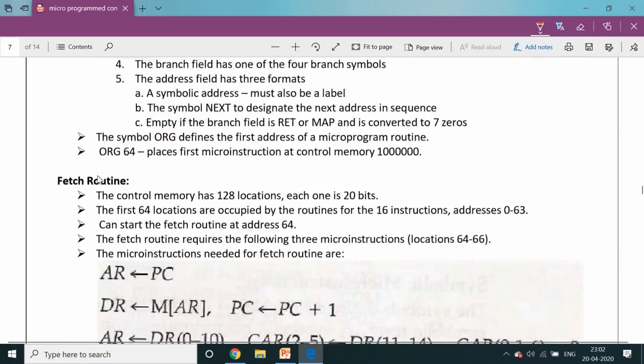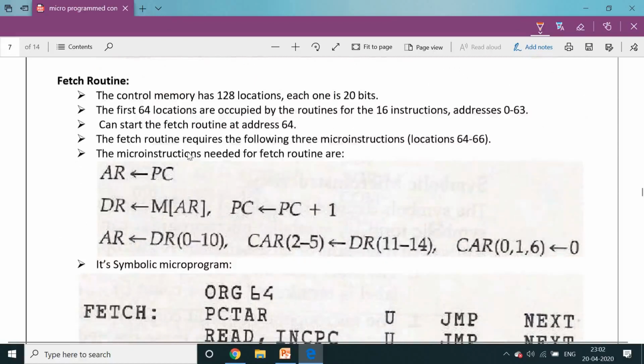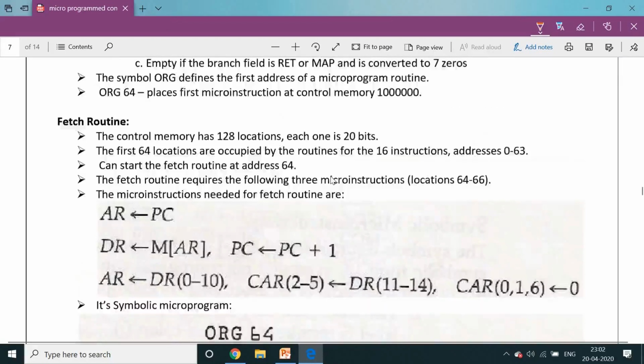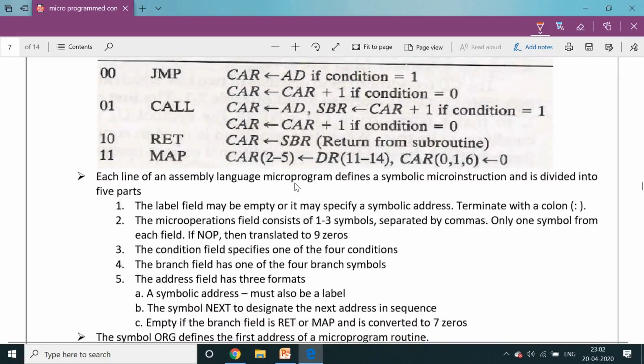Next one, fetch routine. Previously we have seen all these instructions in the previous videos. The control memory has 128 locations, each one 20 bits. 128 means 2 power 7, because the address information is 7 bits.